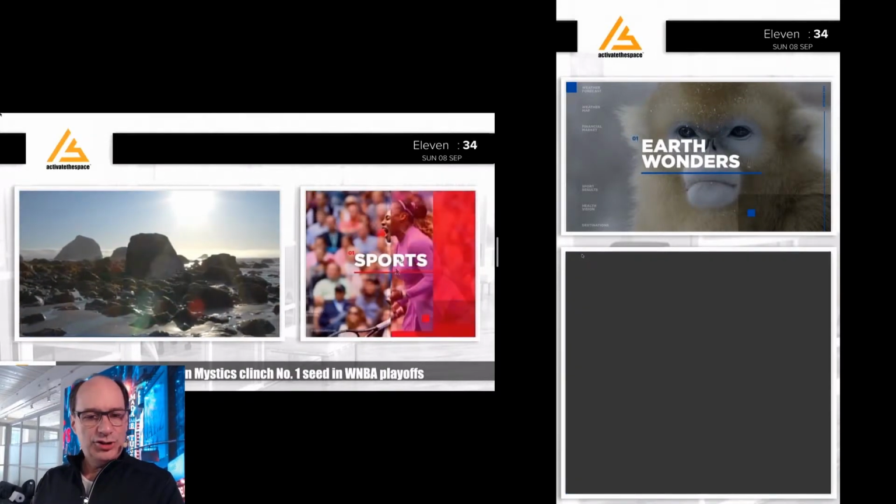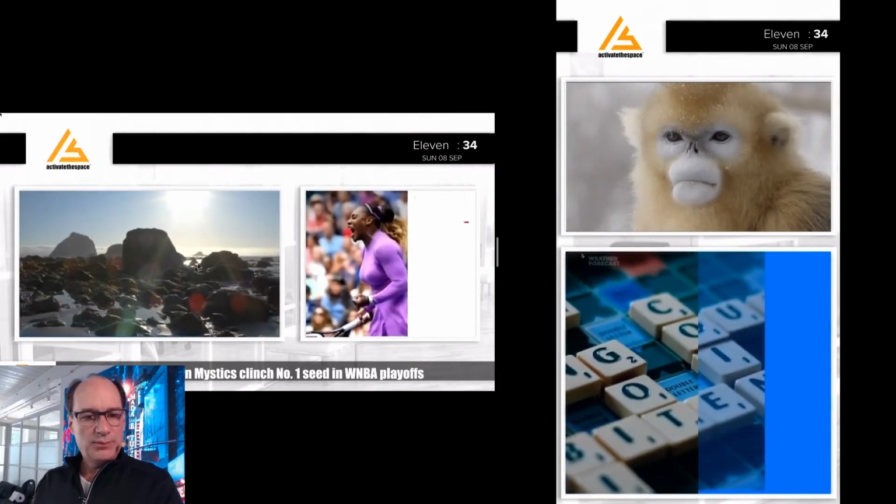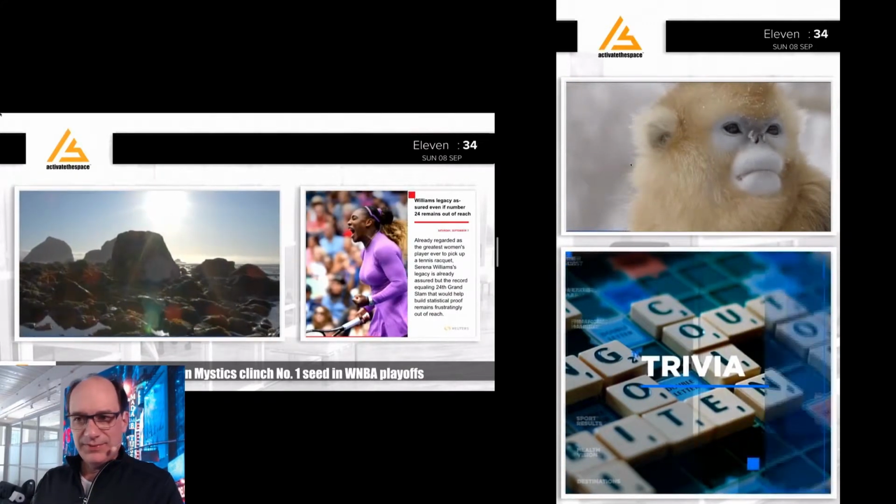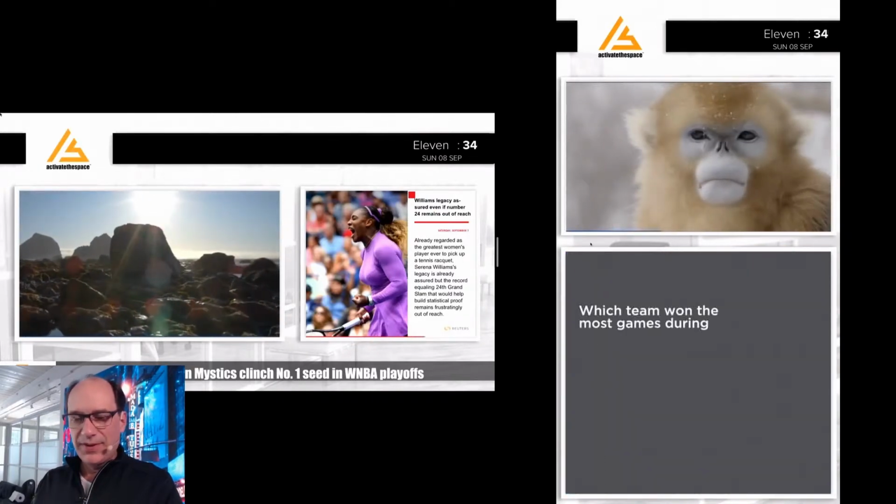So I've got two screens here. I've got the portrait and landscape screen playing the same playlist on both. That's actually pretty cool when you think about it, because a lot of the other systems that I've checked out in the past, they make you make separate playlists for each and all this stuff. Now I can just do the work once, and I can update many different screens.